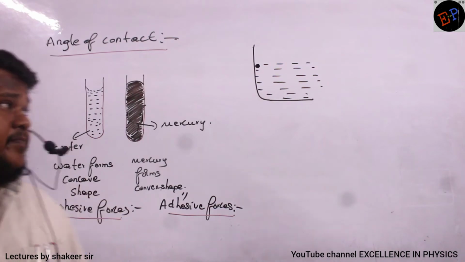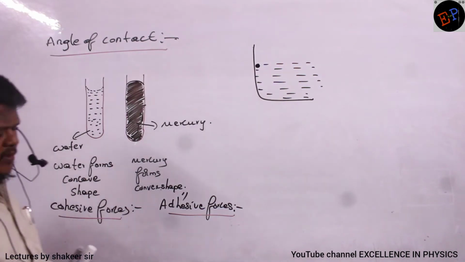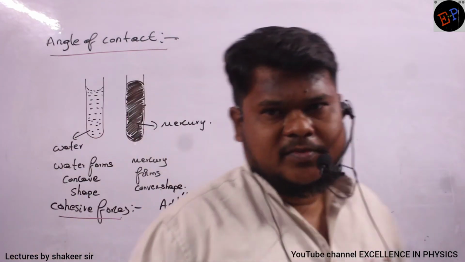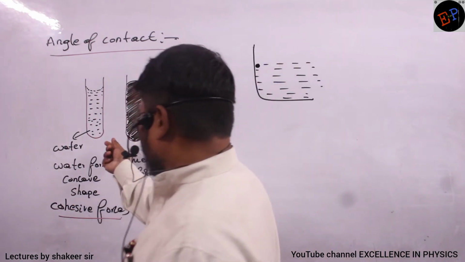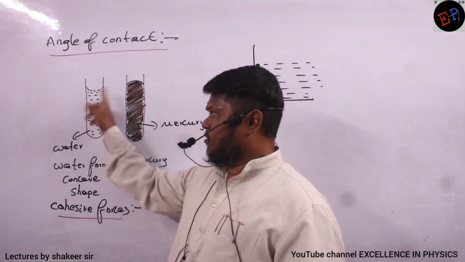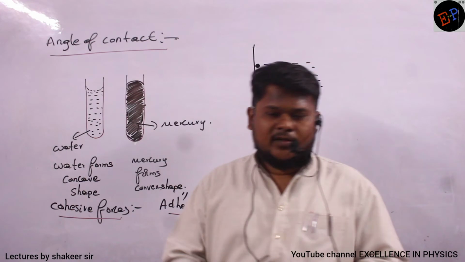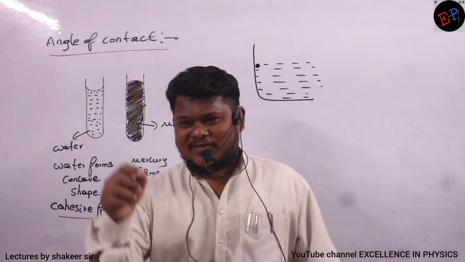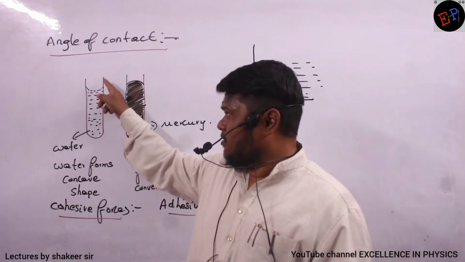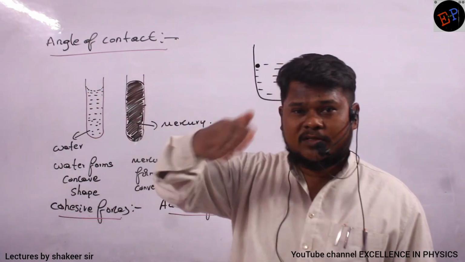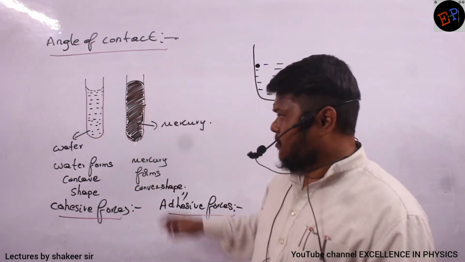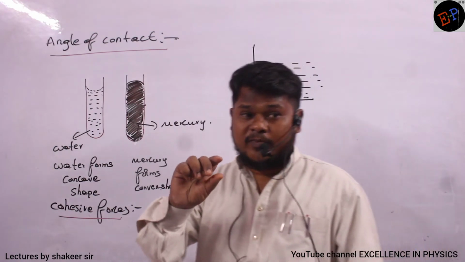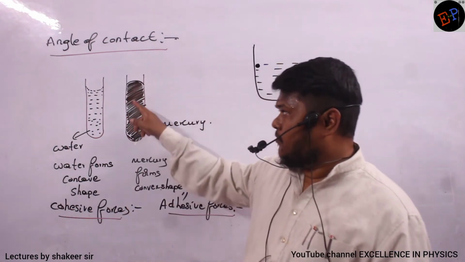Okay. Now, angle of contact. Next concept. When you take water in a test tube, this is the shape of water which you will find. If you take a tank of water, you cannot see it. Take a small test tube and fill it with water, then you can see this concave shape on the surface of water. Similarly, if you take a test tube of mercury, then mercury will form this kind of shape,